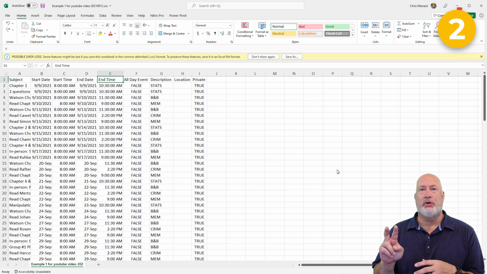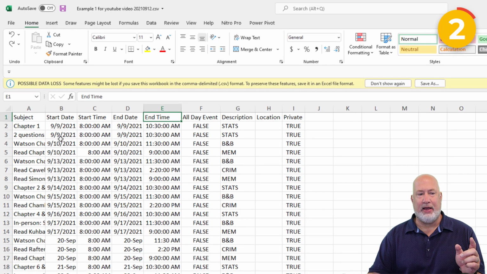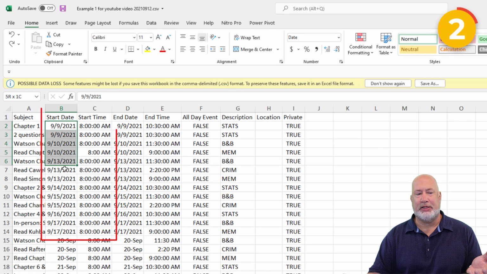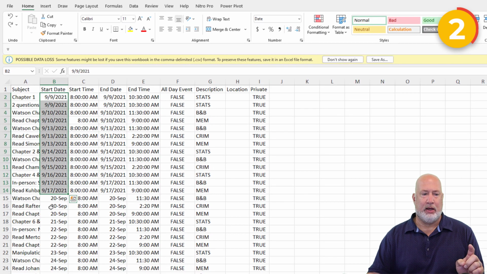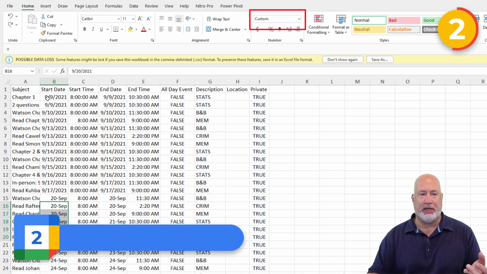Troubleshooting tip number 2, and this is probably the biggest one I see, that start date and the end date, they have got to be set up. If you notice here, these dates are correct. When I select them in Excel, they say date, which is actually short date. I get down into these dates, and even though they're correct in the formula bar, in the number group, they say custom. So that is going to be an issue.